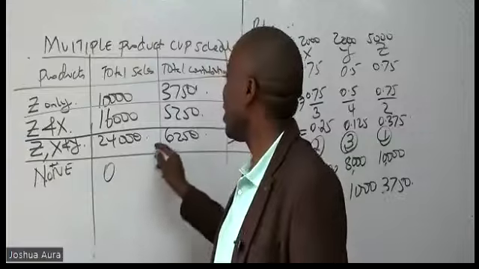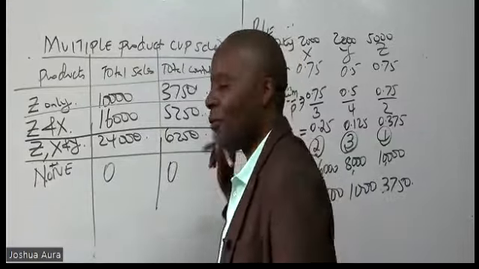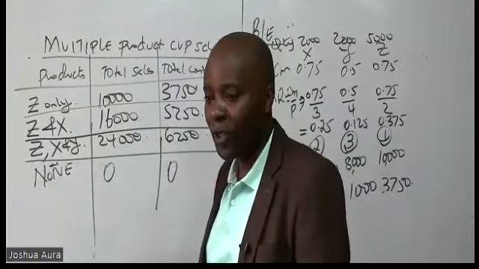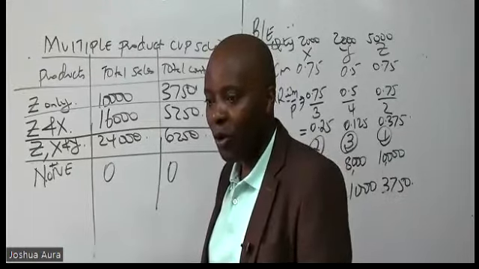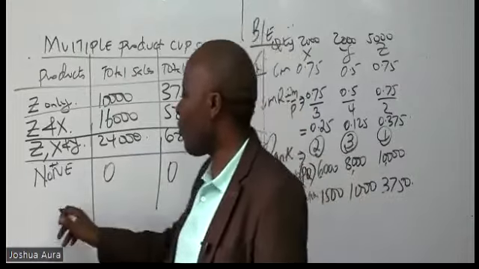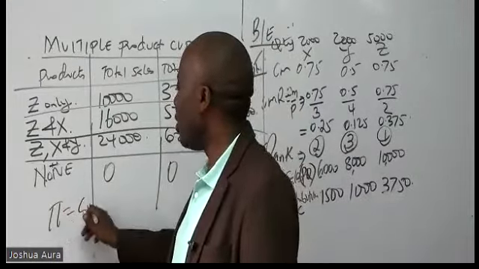If you produce none, contribution will be zero. However, profit has to be there because of what? Fixed cost. Profit must be there because of fixed cost. So to get our profit, remember we take contribution